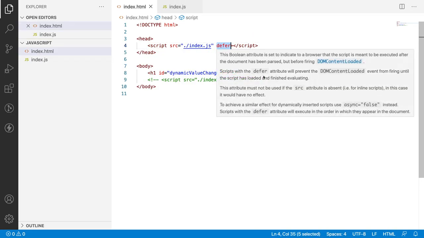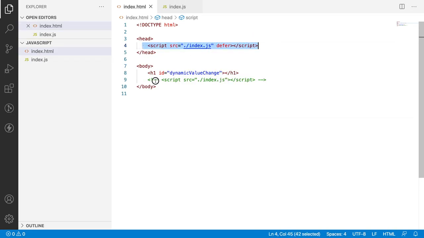Using a defer keyword or using that script tag in the last will be the same. So let me save this, and defer is a new special keyword which is used in the modern browsers, because some people may be habituated to use the script tag over the head part. So to avoid the confusion where to place our script, all scripts will be loaded at the head itself, but the execution starts based on this defer keyword. Now, what happens here? Here we are waiting for our HTML content to be loaded.